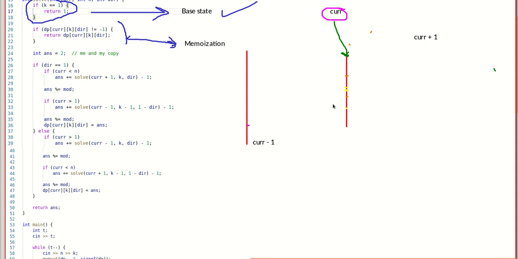My plane marked with current is right here. Now my particle is moving towards the left. Let us take it this way: I have a particle which is moving this way, and the decay age of this particle is k, right?